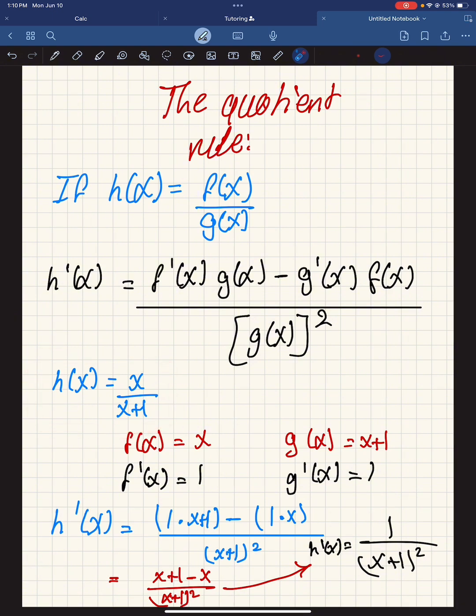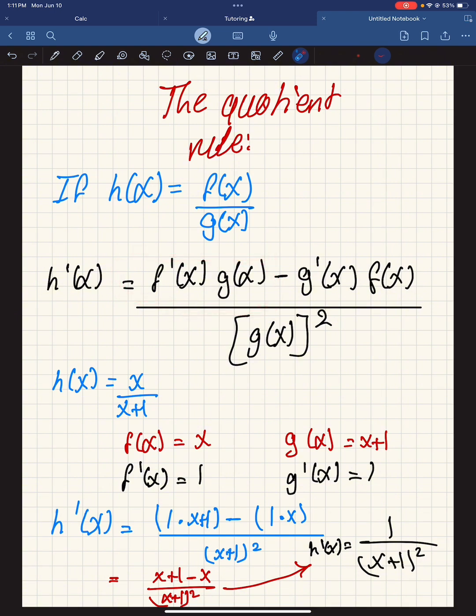And now we do the same thing. We just lay them out on top of each other, and we get each function's derivative, and we crisscross them. But keep in mind, with this one, you have to be mindful of what you put first, because the product rule dealt with addition, and as you know, addition is commutative. You can change the order and it doesn't impact your answer, but that's not the case with subtraction. So you have to make sure that you multiply f prime x g x first,